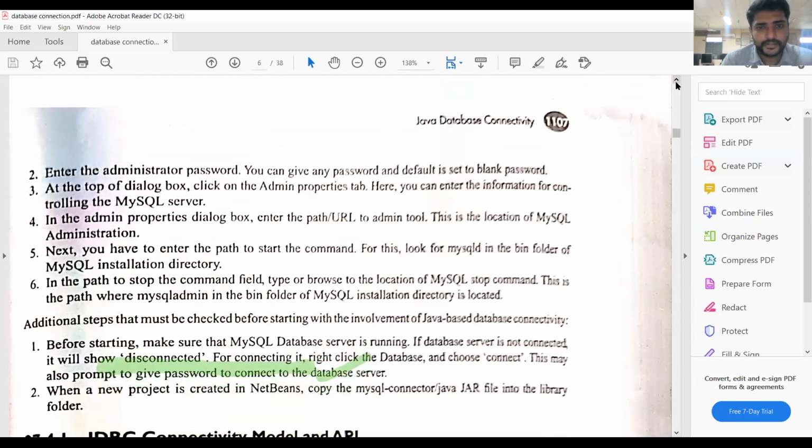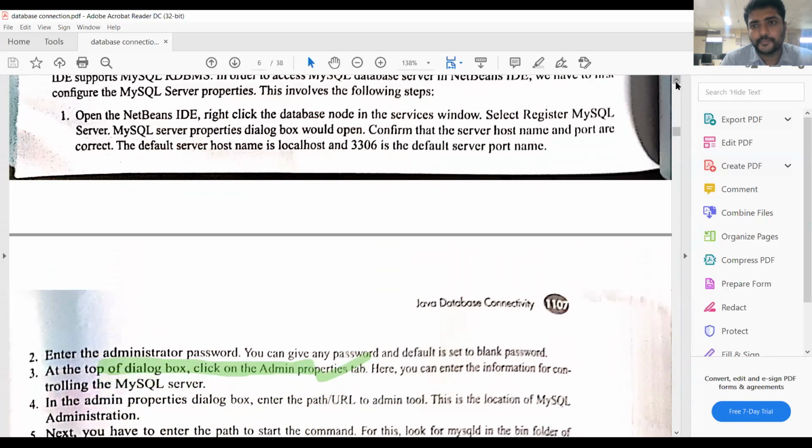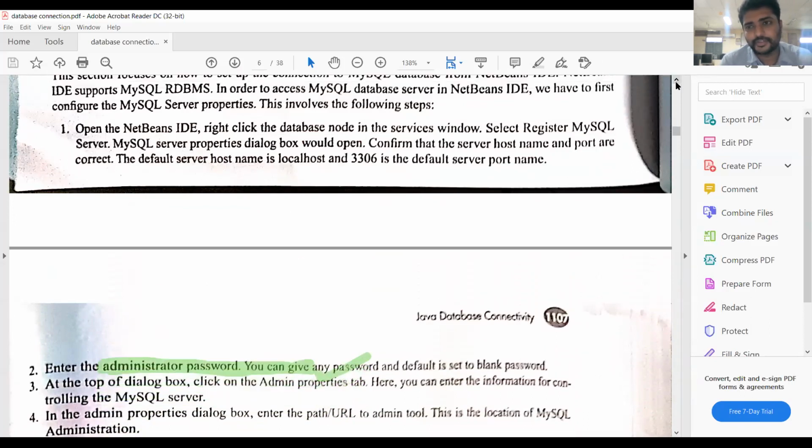Here, if you use the NetBeans IDE to develop web applications, we have some IDEs, integrated development environments, NetBeans, Eclipse, that we will use to develop web applications. Widely for developing Java applications, we will use NetBeans, Eclipse, and so on. So for example, if you take the NetBeans IDE, we have to set the database there.